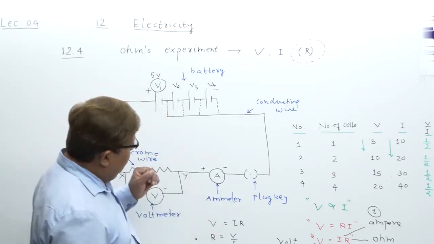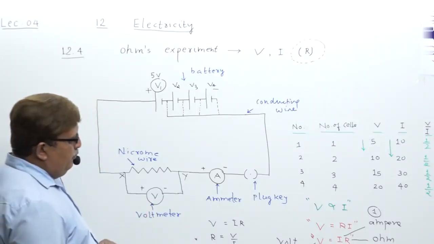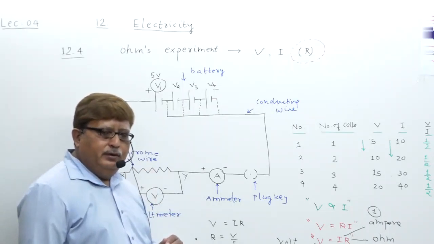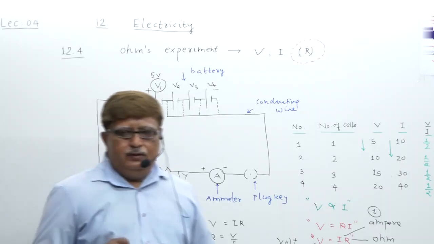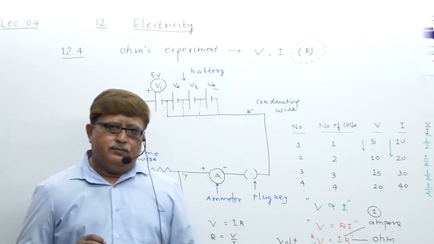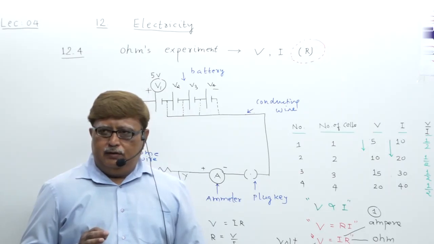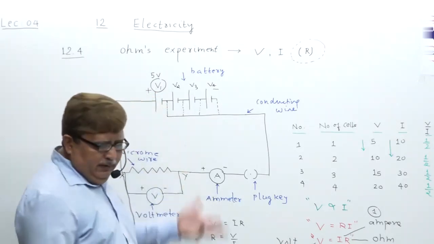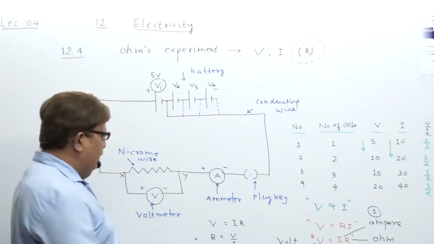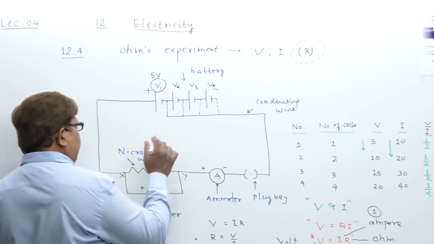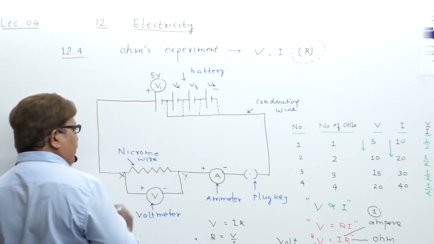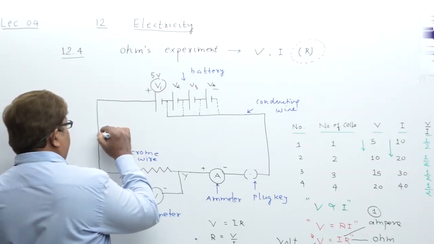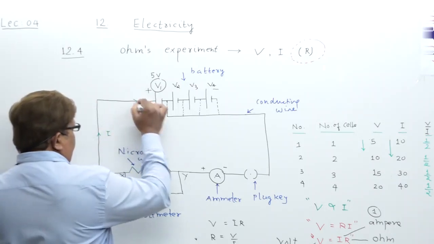Here, how many symbols of circuit components? Actually, this is called an electric circuit. Suppose I ask you in one line, what do you mean by electric circuit? Can you answer me? Electric circuit means what? The path of the current. Understand? Here, my dear student, how will you show the path of current? Current always flows from higher potential to lower potential, that you all know. Suppose this is the path for the electric current to flow.